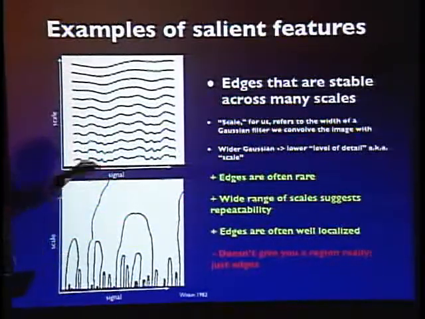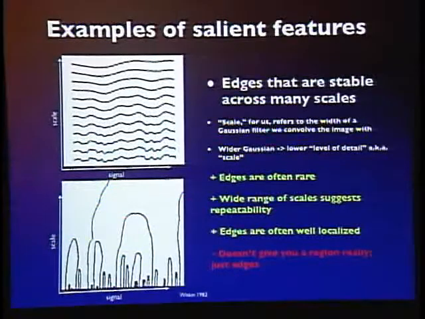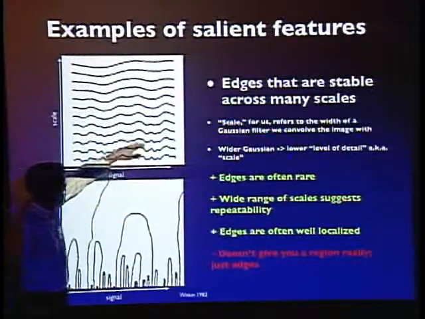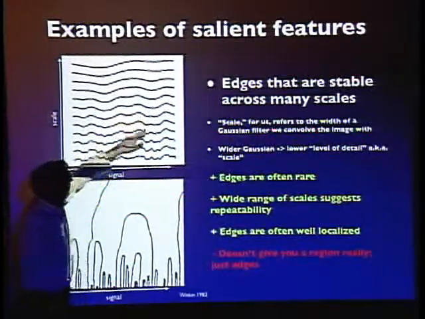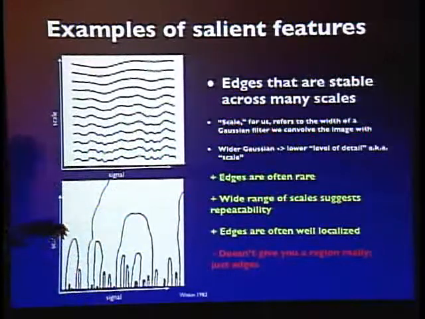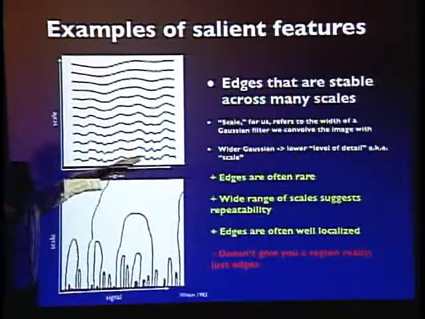And that corresponds to the smoothing at the top. But if you look at it at a very fine level of detail, you see more and more fine-grained features in it. So one idea is that we can basically look for features in the imaging data that survive across a large set of scales. And actually what happens is something even more interesting, which is that if you have one step